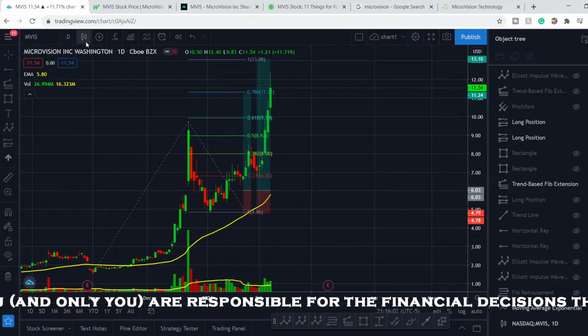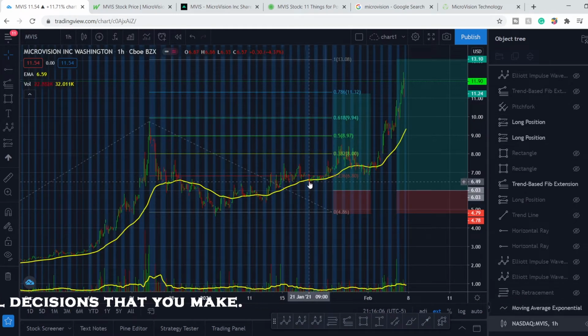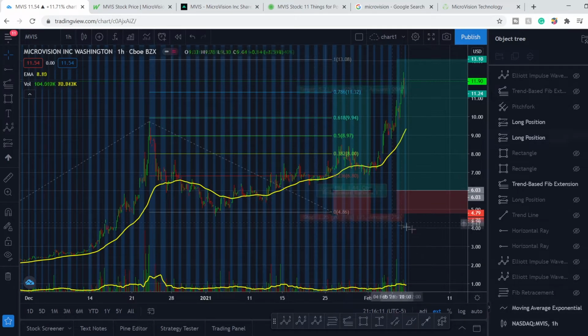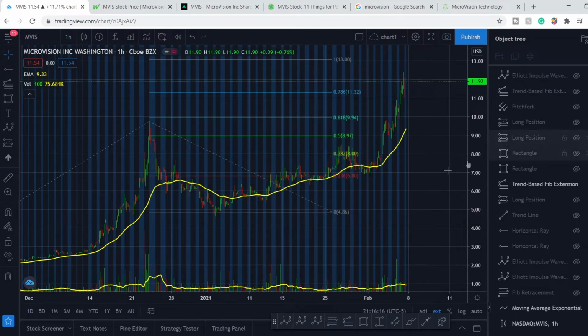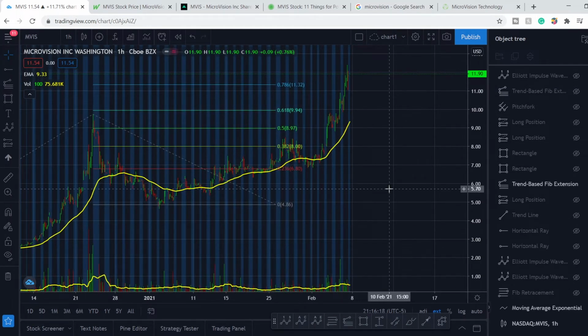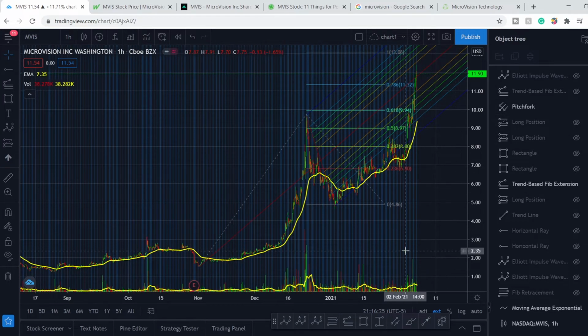Let me show you more detailed information about this price movement. Here was the date where I suggested you to start to invest in this company, and basically we don't need these two long positions for now. And here is the chart. Here is another tool. It is pitchfork. As you can see, we can use it by putting the beginning of the pitchfork at the lowest point of the initial wave, then second point to the top of the wave, and the third one will be the bottom